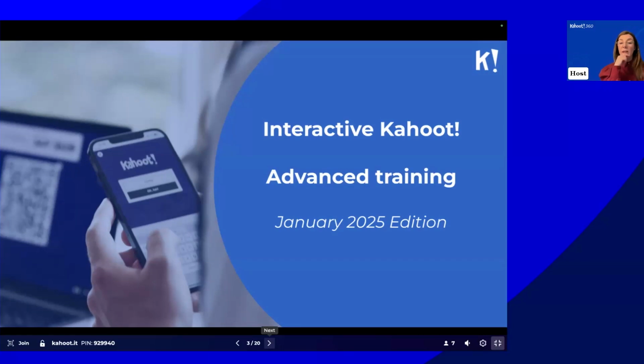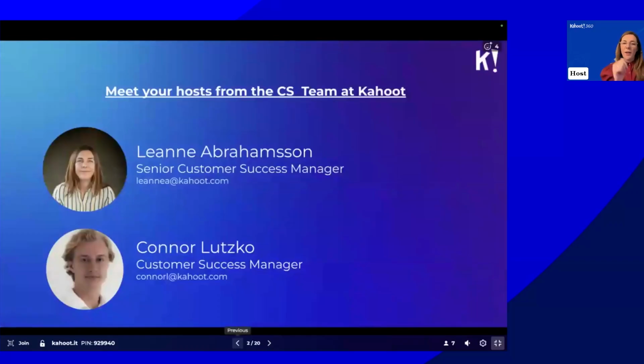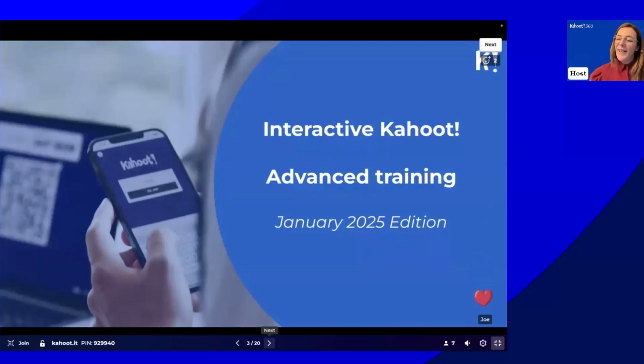So you may have noticed actually that what I'm using here is, for some of you, a different way of using Kahoot. I'm using what we call presenter mode. And this was created to allow hosts to control every aspect of their presentation. Some benefits that we could talk about are the flexibility in pacing your Kahoots with the ability to go forward and back in the presentation, just like this, which is really nice. So if you were wondering, oh, what was Connor's surname again? There we go. It's Lutsko, which, yeah, I've spelled correctly, I believe.